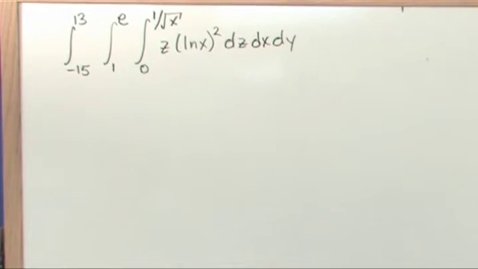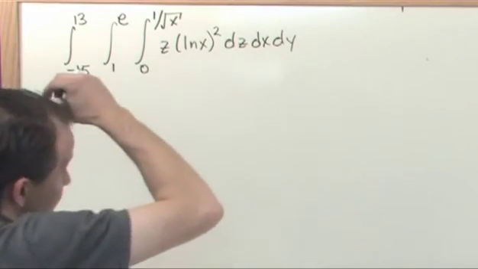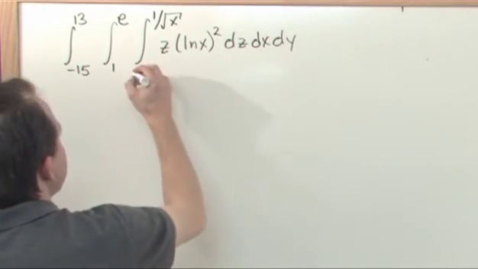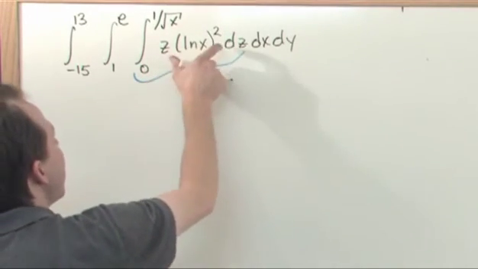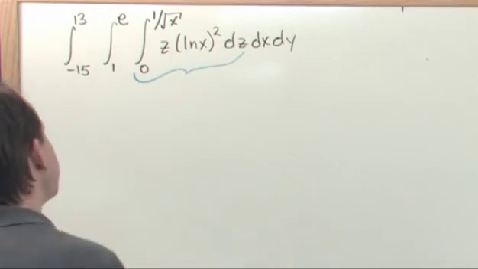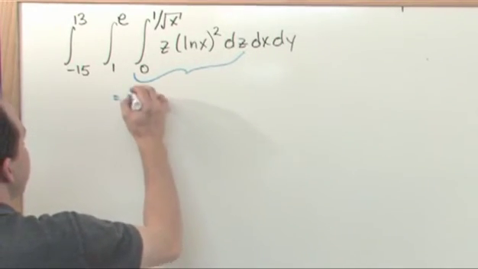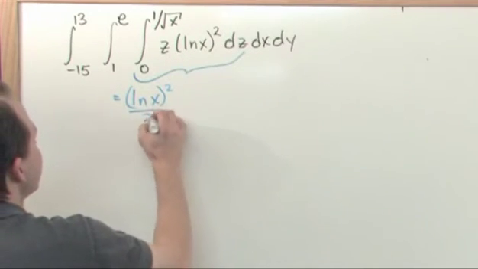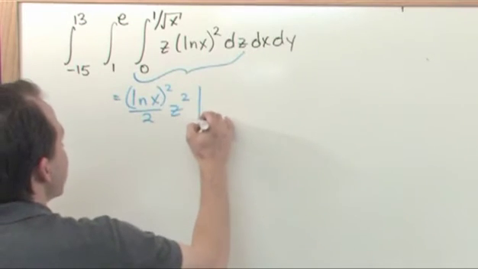Okay, so again, we're going along dz and then dx and dy, and so we're going to integrate obviously along z first. So what we're going to do is look at this integral first, and we're integrating along z, so everything else, which is just this stuff, is just simply a constant. So to solve this integral you're going to have natural log of x, all squared, obviously this is just a constant, times z squared over 2, 1/2 z squared basically, and you're going to evaluate that from